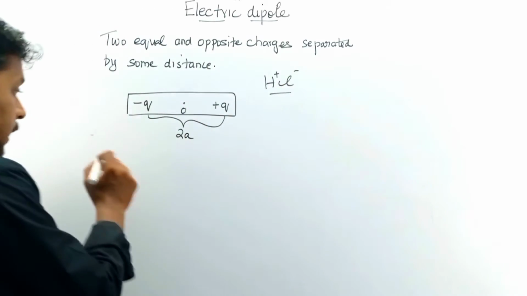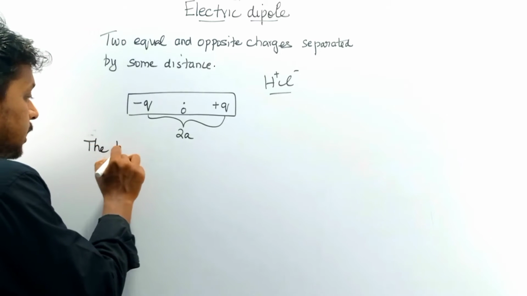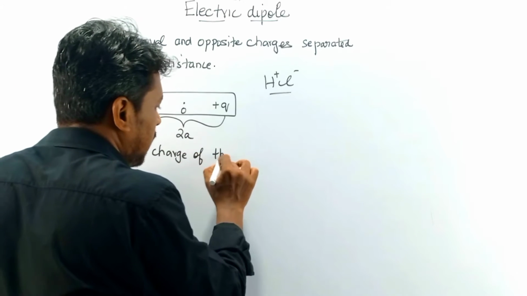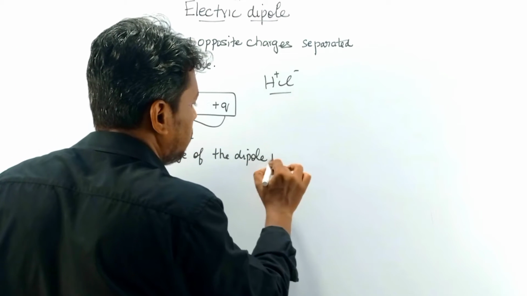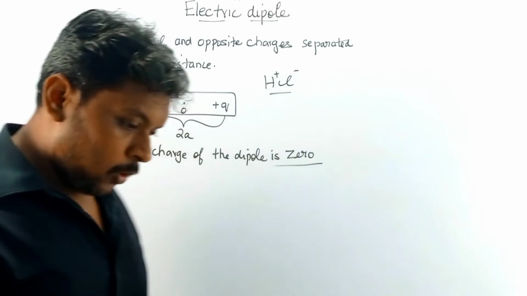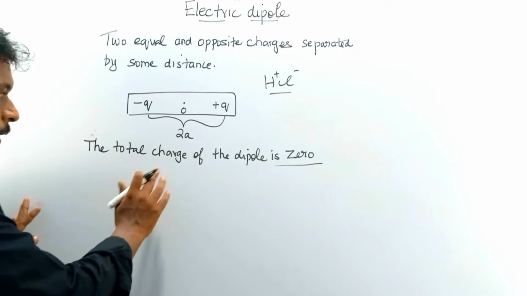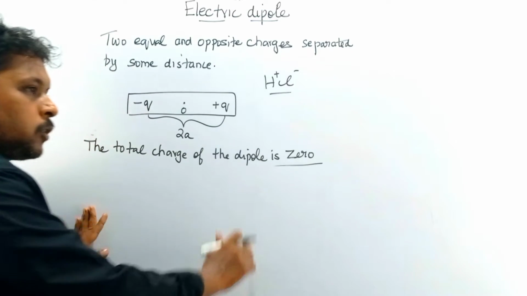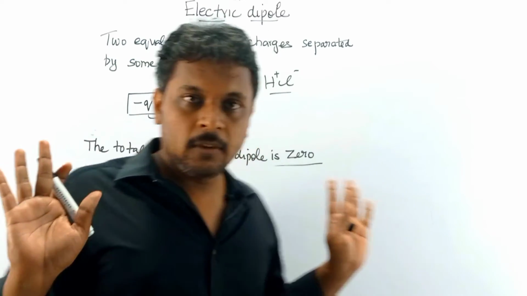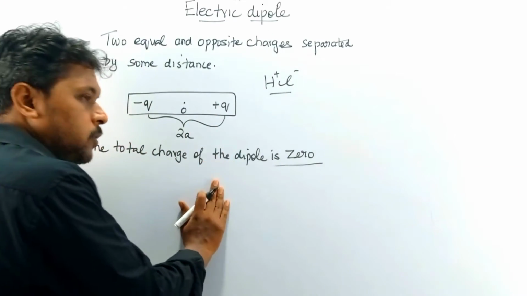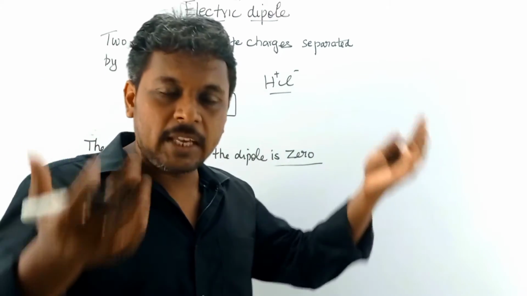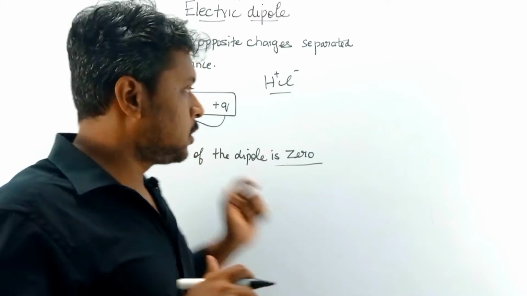So the next point: the total charge of the dipole is 0. Total charge of the dipole is 0. So don't believe that the electric field due to this dipole will also be 0. No, that is not the case. The total charge of the dipole is 0, but the electric field will not be 0. It has some value. So we will see what the value of the electric field due to this dipole is